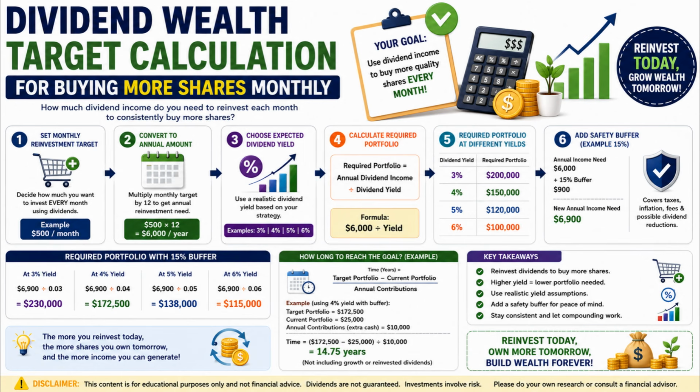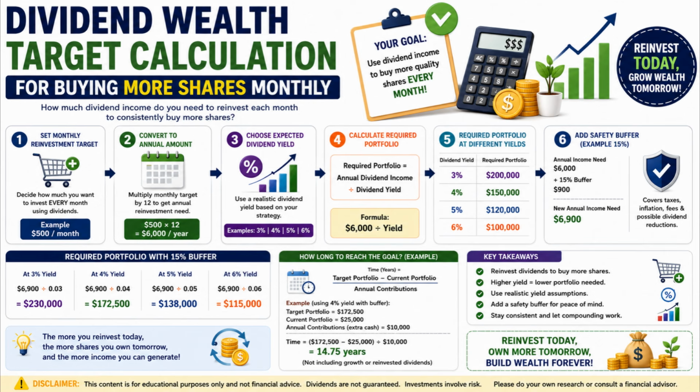In this video we will discuss dividend wealth target calculation for buying more shares monthly. Many investors want to use dividend income not just for spending, but also for growing their portfolio faster. In other words, instead of taking cash dividends out, they reinvest that income to buy more shares every month. This creates a compounding effect, and over time it can help build both a larger portfolio and a higher future